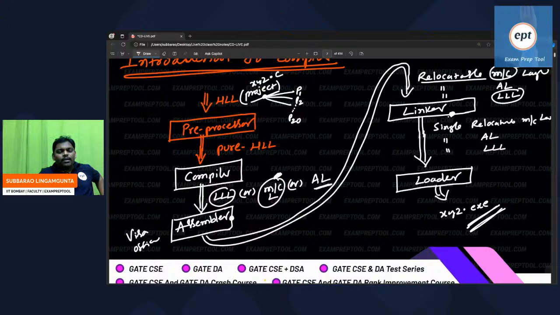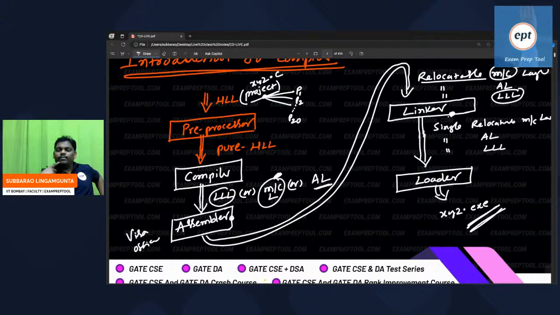Some people are asking, now my program is there in the main memory because the loader is done. Sir, what is the name of that state, sir? That state is called the ready state. It is something like BTech is completed, like 4 years BTech is completed successfully. Now it is there in the main memory. That state is called a ready state.